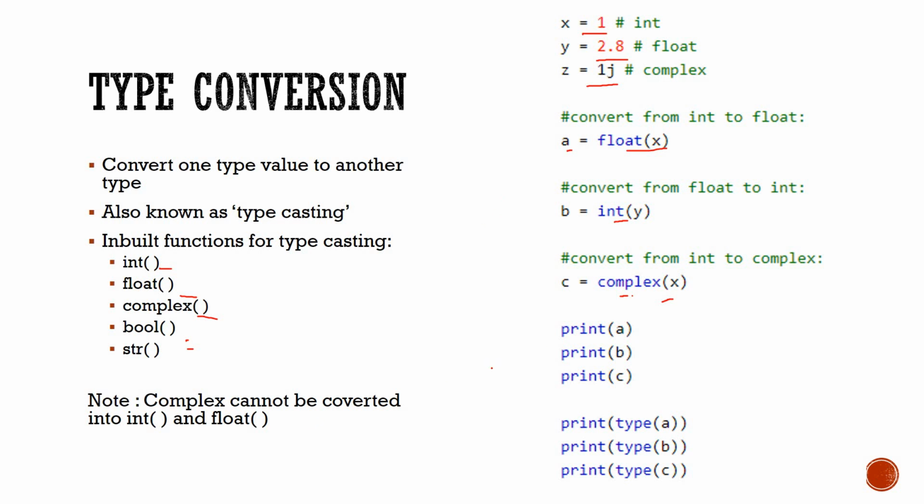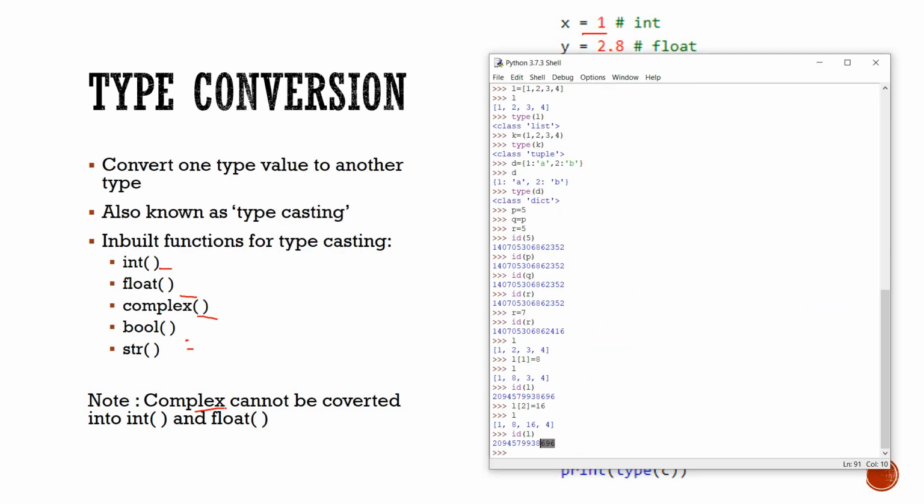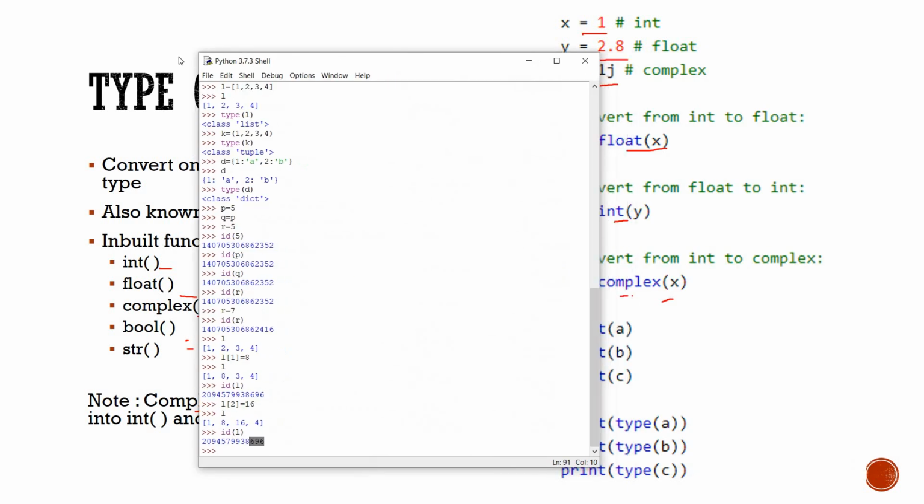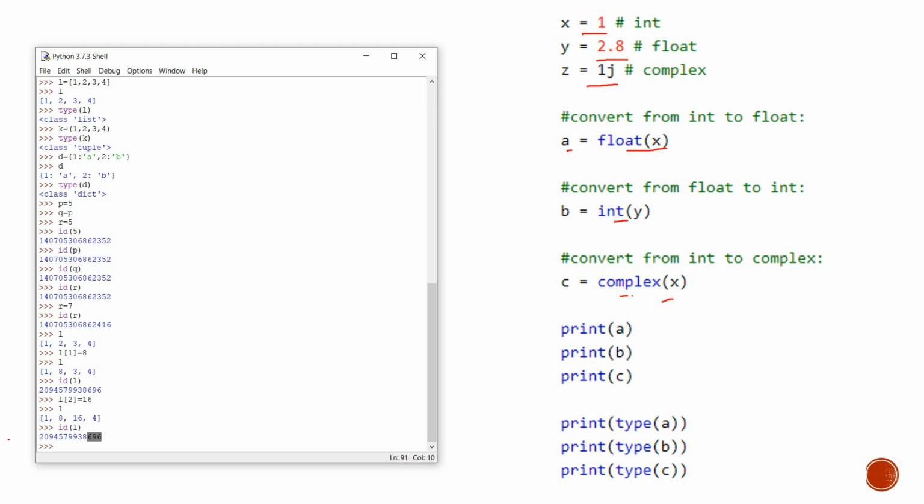Okay, we will take this example further. And keep this in your mind: complex values cannot be converted into int or float. Let us understand by the examples. First we will go through this example itself, then we will take the further ones. I am storing the first value, x is equal to 1.